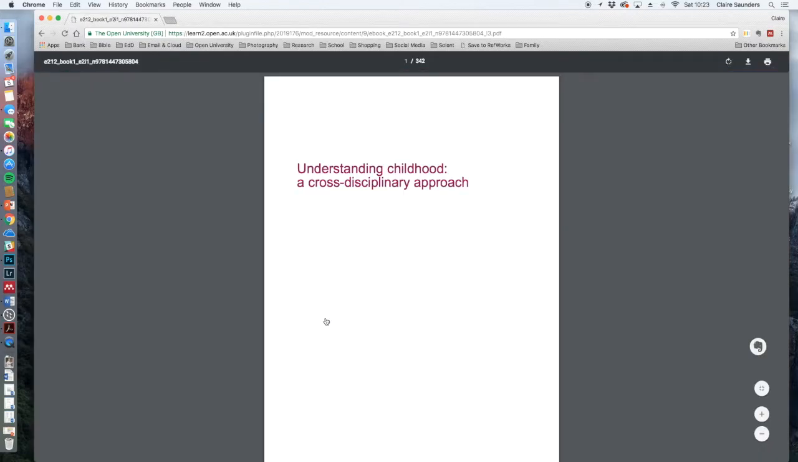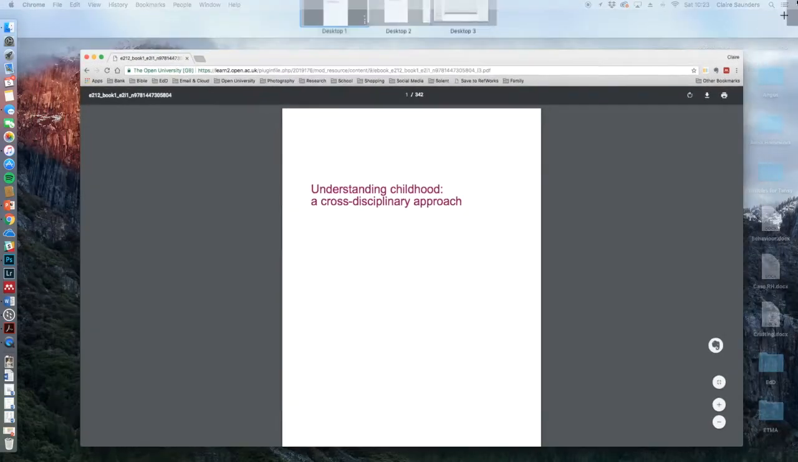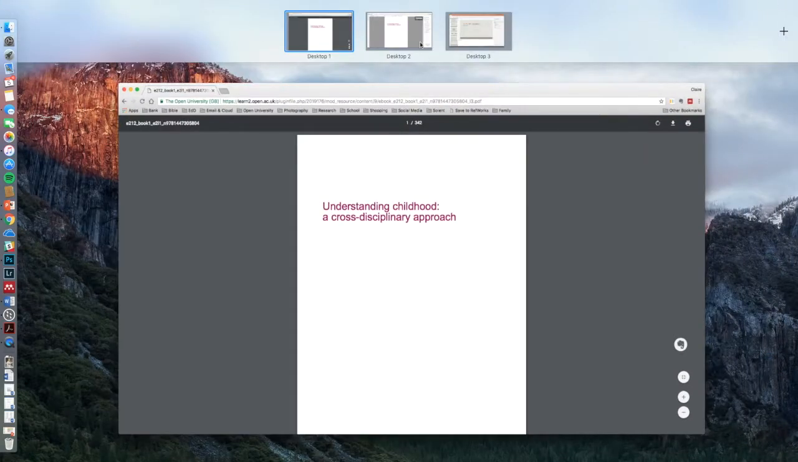That takes you to this page here where you have a PDF version of the book. Now, to get the search function, you're going to need to download that. So you're going to click on this arrow here, and that enables you to save the book to your desktop or to another folder on your computer. Now, I've already done that, so I'm going to just take you to the screen where I've got the book